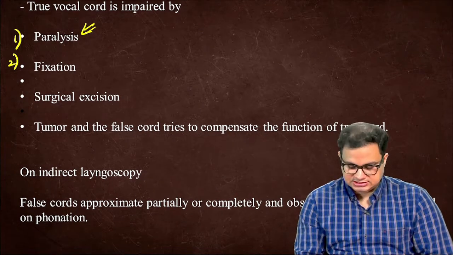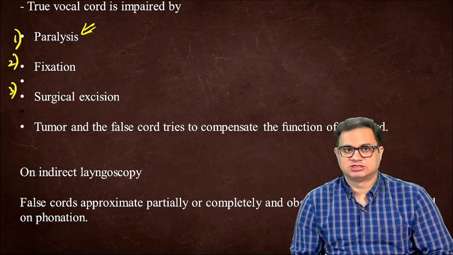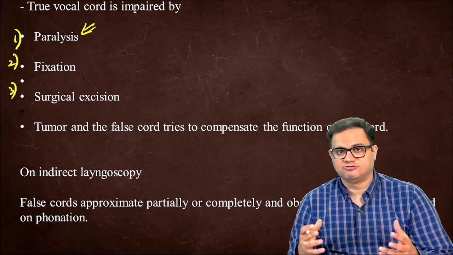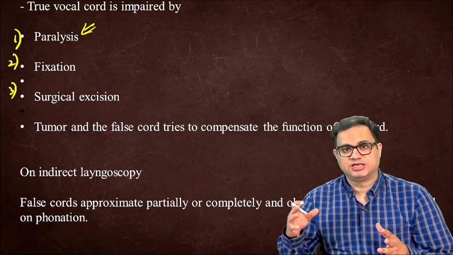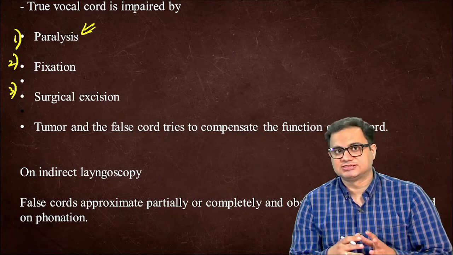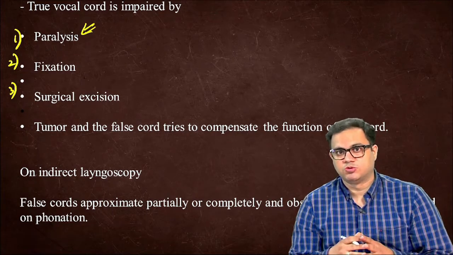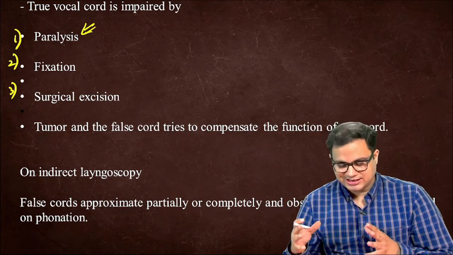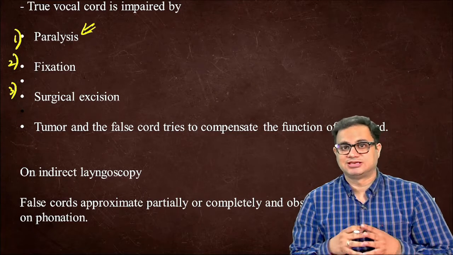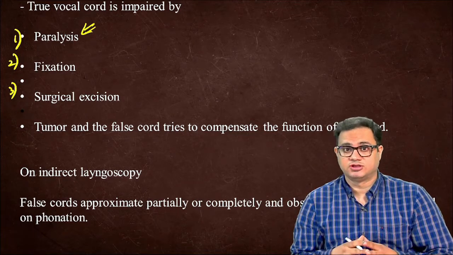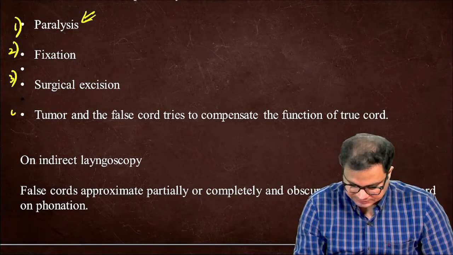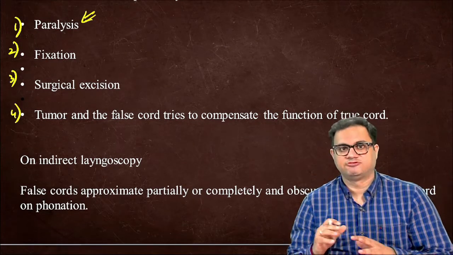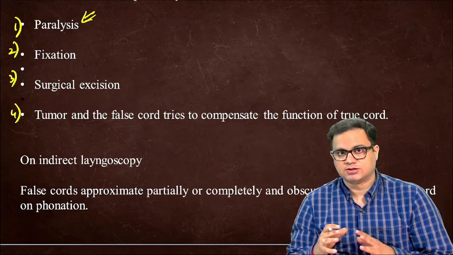The third is when we are doing any surgical excision, meaning if we are doing a T1 or T2 lesion, early lesion of the true vocal cord, CA larynx. So if we excise that, after excision the true vocal cord mobility can be impaired. So any kind of surgical excision can also be the reason or the organic cause of the dysphonia plica ventricularis. Or the fourth cause can be when the tumor and the false cord, they try to compensate the function of